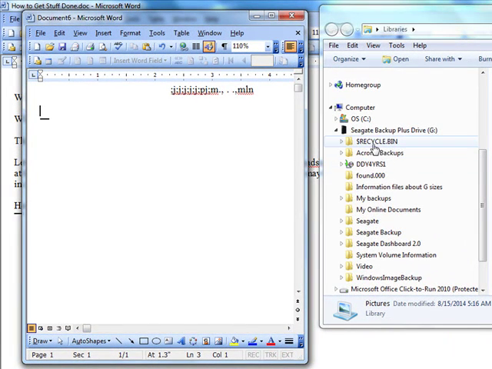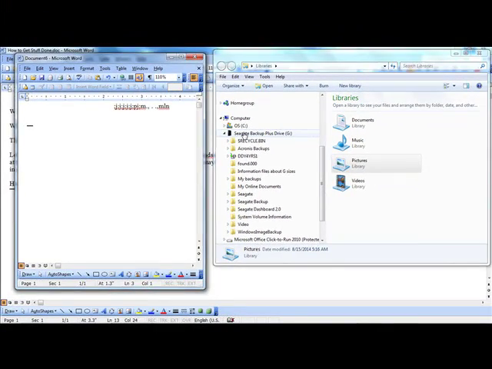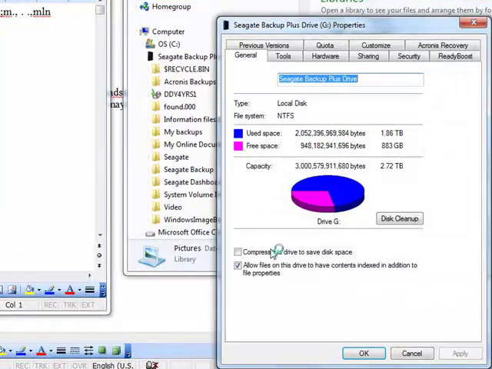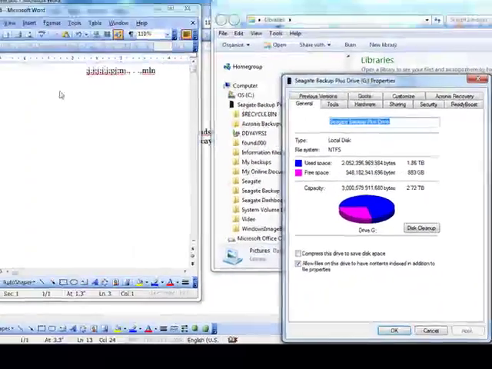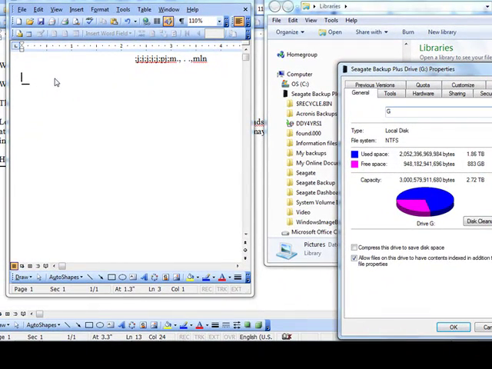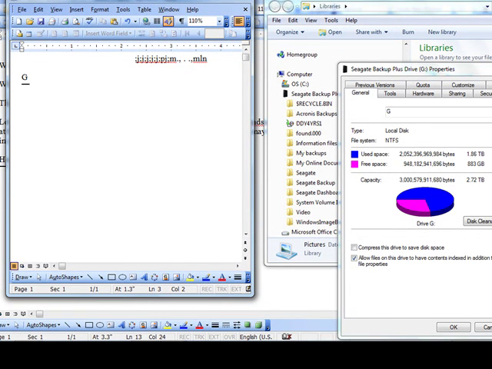So now I go to get my information, and the first thing I'm going to do is right-click on G and get properties, and it's going to show me that I now have 1.8. Let's see, so I'm going to type G, whoops, I need to click over there first. I need to type G colon